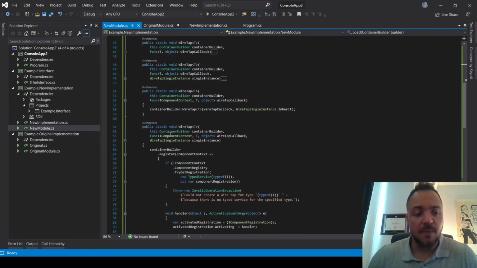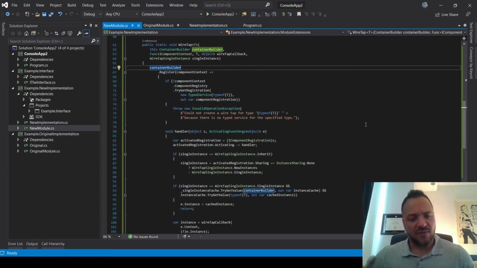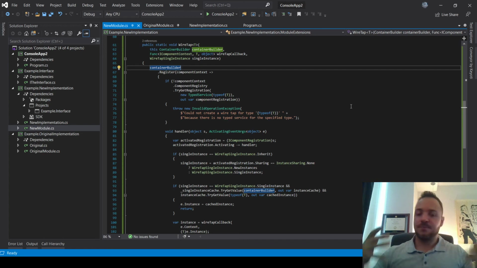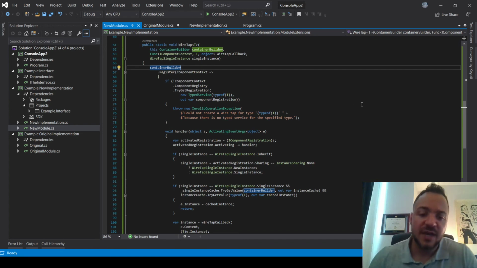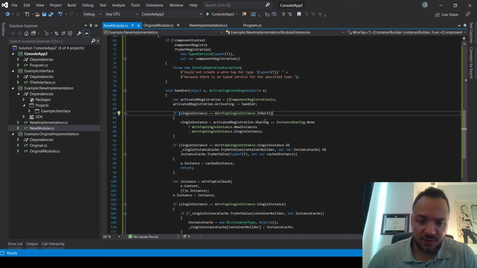I'll probably follow up and maybe do a unit testing video on some of this stuff once I arrive at something that feels good, and how I approach the unit test to do that. But I'm going to jump back into some of this code here in the extension method, just to talk about some cool things that I was seeing when I was looking through some of the Autofac stuff. So